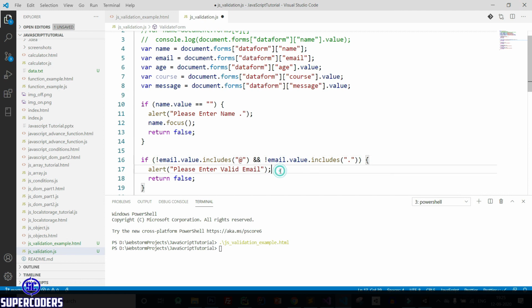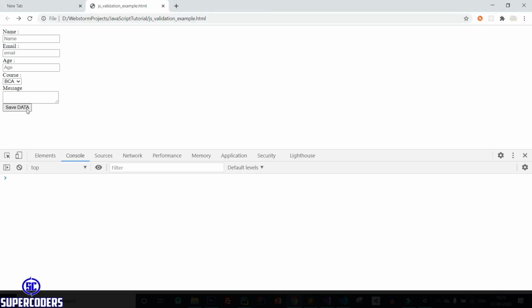After that, email dot focus, save it and let's check again. Click on save data. You can see name has been focused. Again some data, click on save data, click on OK and you can see the email input has been focused. So in this way you can add focus in inputs.